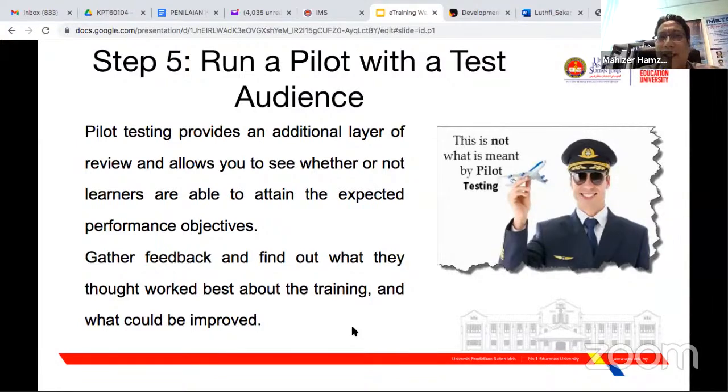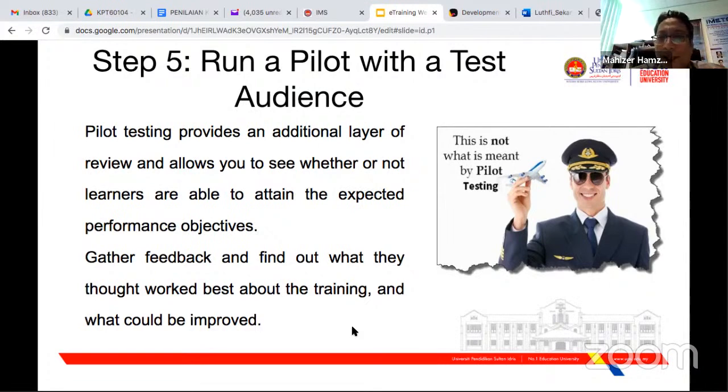For example, if the training is for the whole Indonesia, or maybe the whole Yogyakarta, you find the real audience that you would like to test, the same ones who will use your e-training modules. The same homogeneous group, don't take other people. For example, if the module is built for students or university students, then for the pilot test use university students. If you say first-year students, then use first-year students.